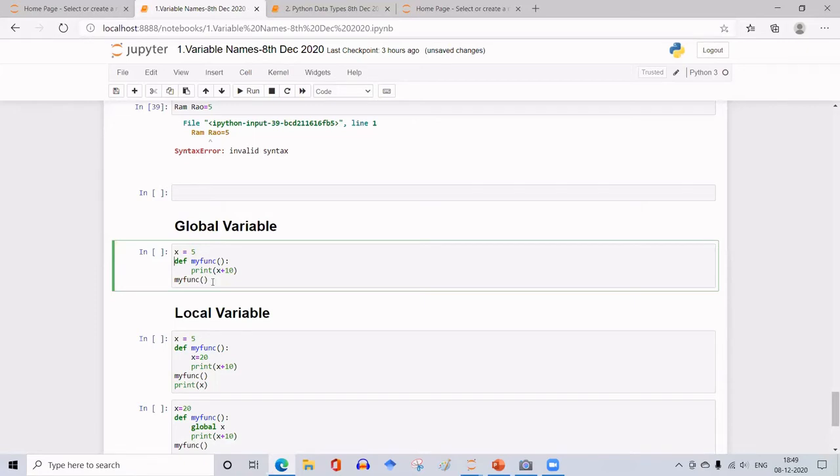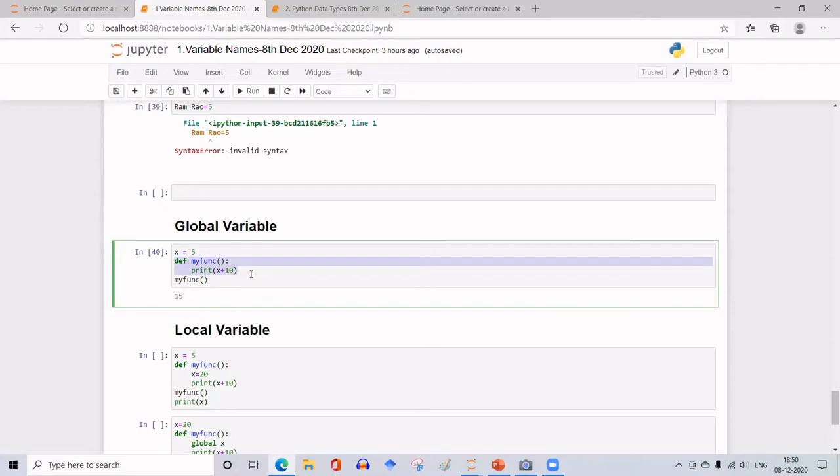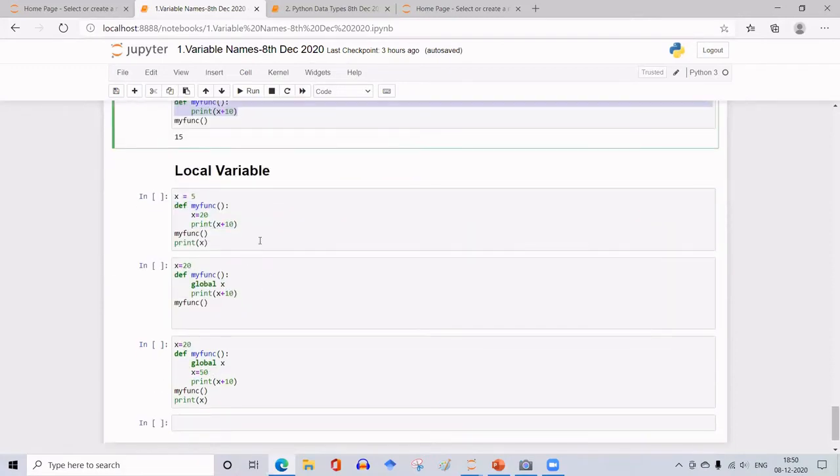So what does it give? Let me execute this cell. Initially I have initialized the variable x with 5, and I have defined a function where it will take that x, which is 5, and add 10 to it, and then gives the output as the myfunc value, that is 10 plus 5 is 15. Here x is a global variable. That means wherever you take x, it will take the x value as 5 and do the computations. Instead, you can even make x take a different value within this definition by defining a local variable for that.